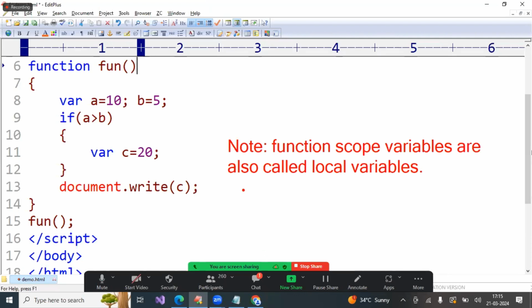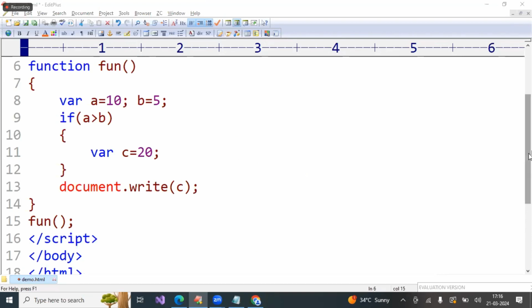So you can call them local variables also. Okay. Now,